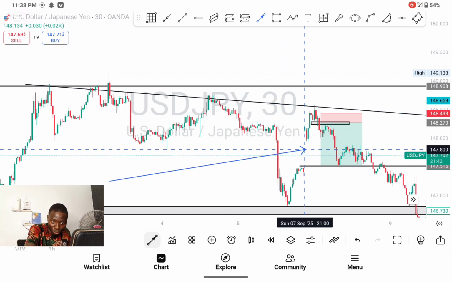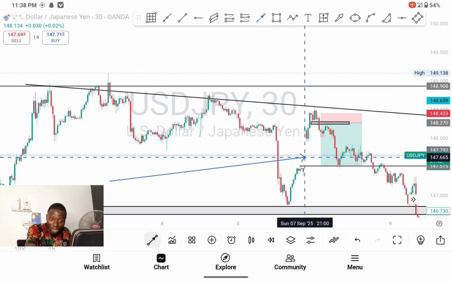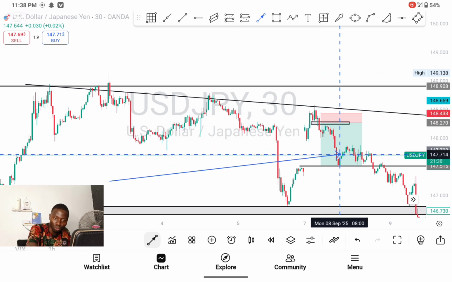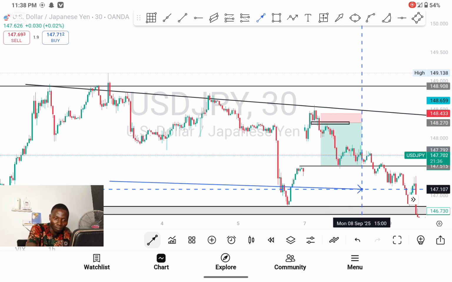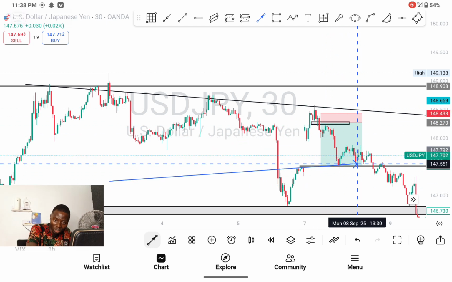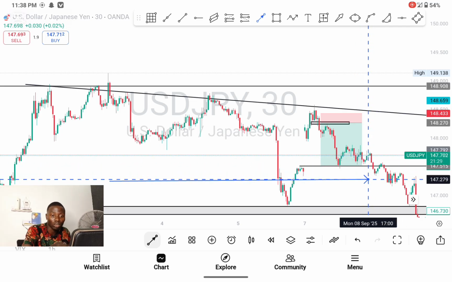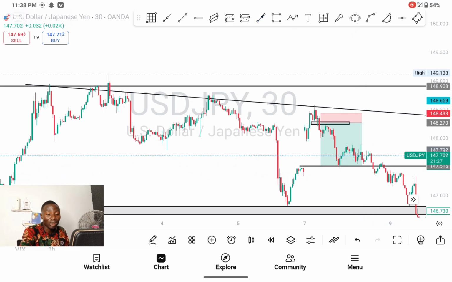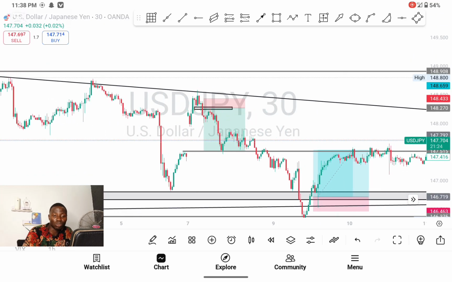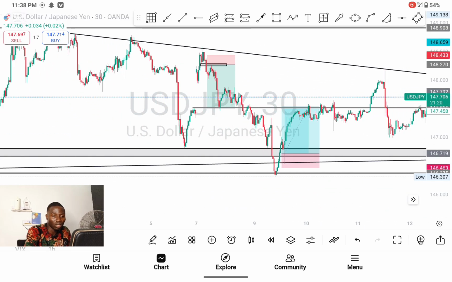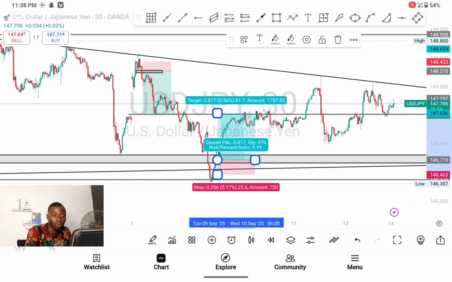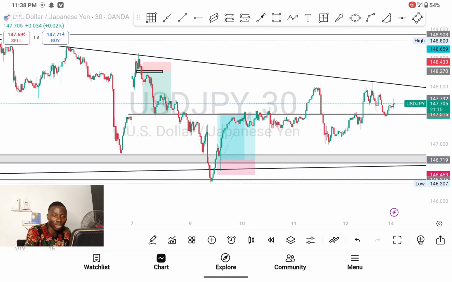Originally it must be filled, but if you are not careful, you have a loss before it fills the gap. You understand? I'll have much more to say on this, but because of time, I won't go into detail for now. So that's the whole thing I want to explain to you guys concerning gaps. And then what again? This trade also hit TP. That was last week, and that was my last trade for last week.